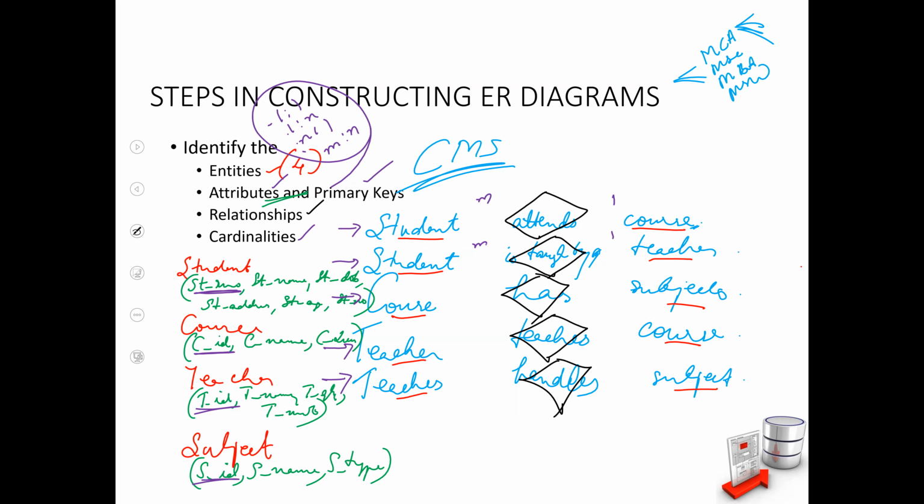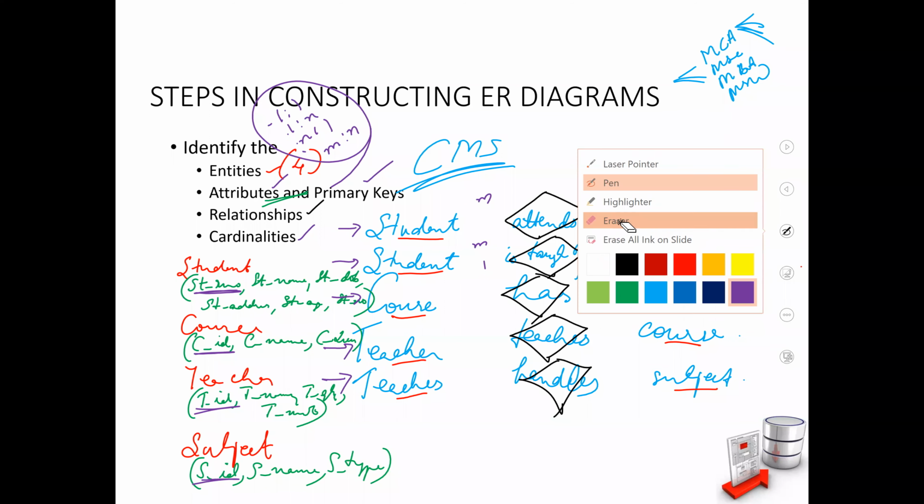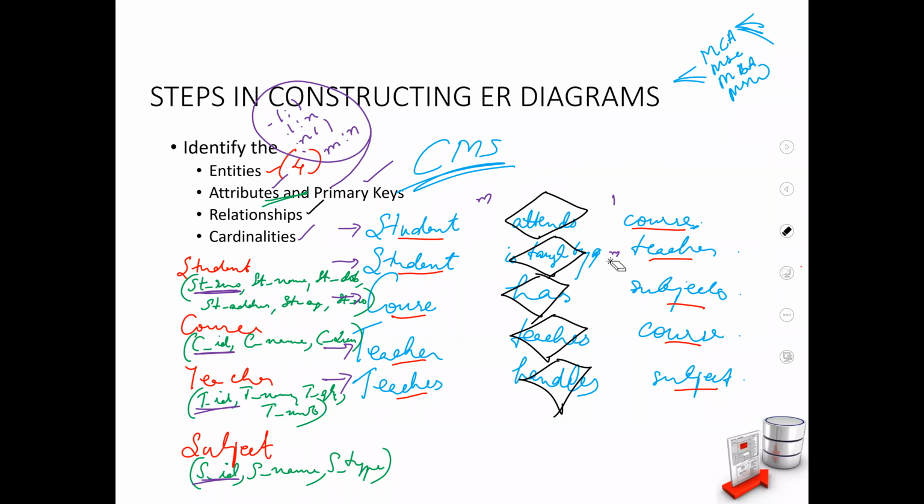So you as a single student, if Atul thinks about himself, he is taught by many teachers. So you can say that it is an M:N relationship because if you think from one side, a student is taught by many teachers. If you think from the other side, a teacher is teaching many students. So this particular relationship will be an